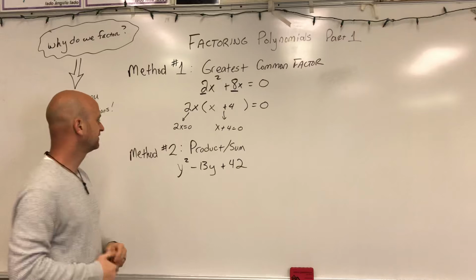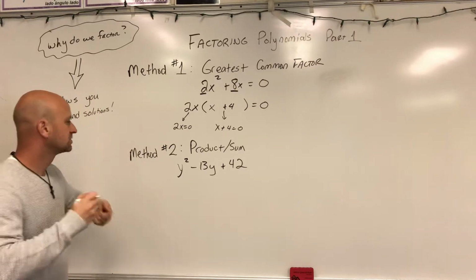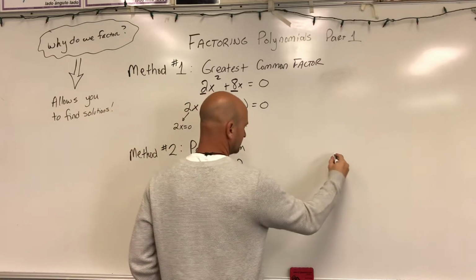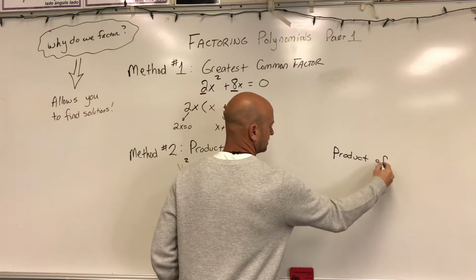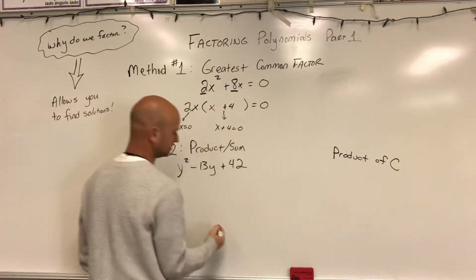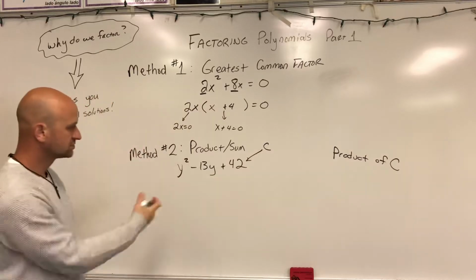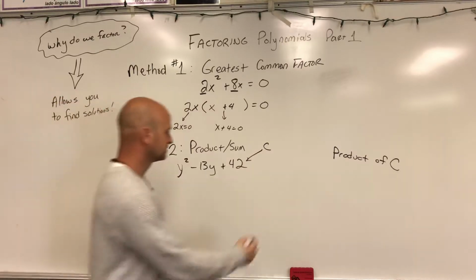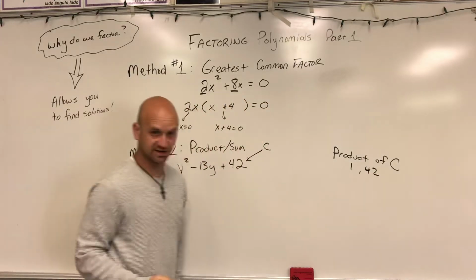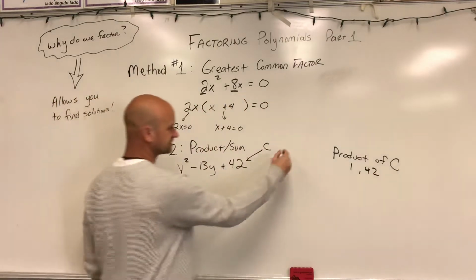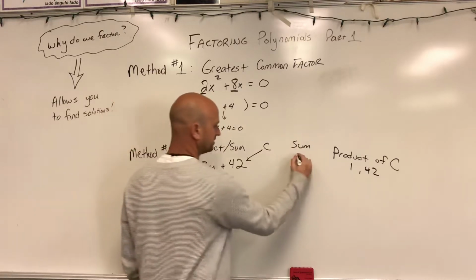The second common method is what I call the product and sum. So what we first want to do is find the product of what sometimes textbooks call C. This last number is C. So what are the products of that? So for example, we know that 1 and 42 are products of that. All right, well, what is the sum of those products? Well, the sum would be 43,